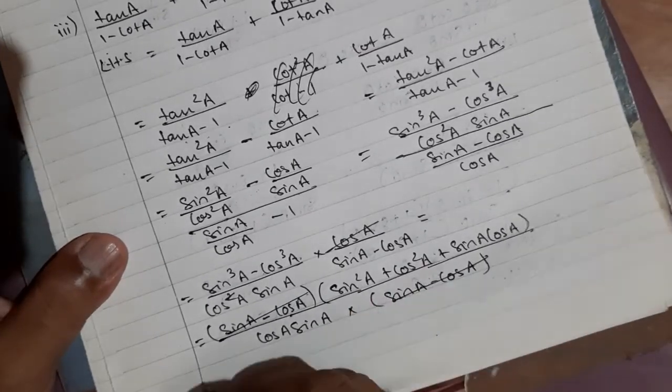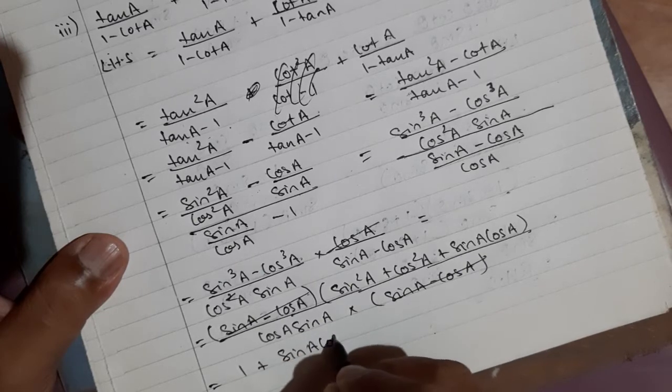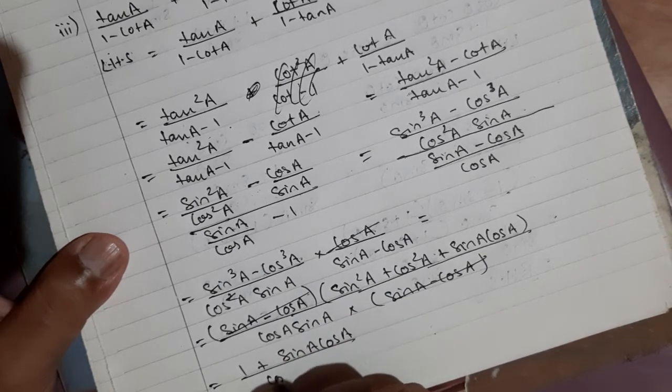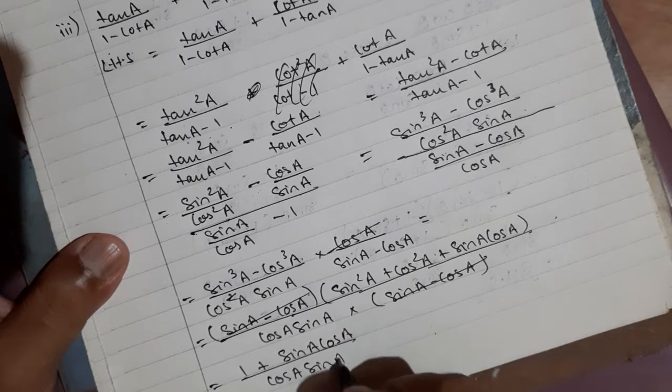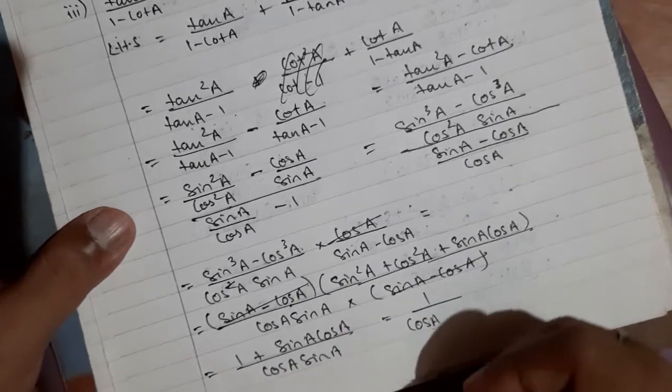Sin square A plus cos square A can be written as 1, plus sin A cos A upon cos A sin A, which is equal to 1 upon cos A,